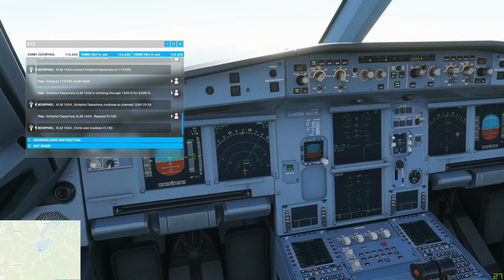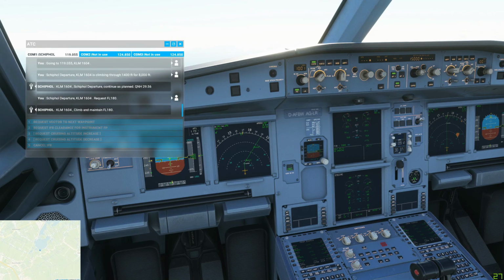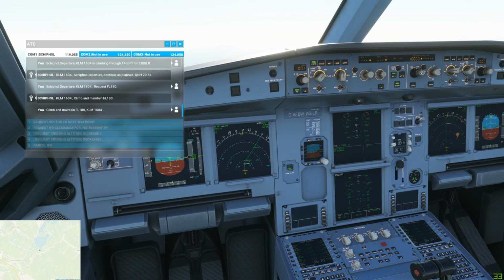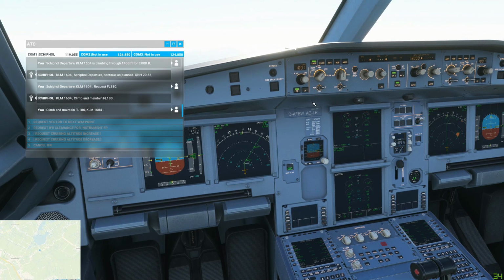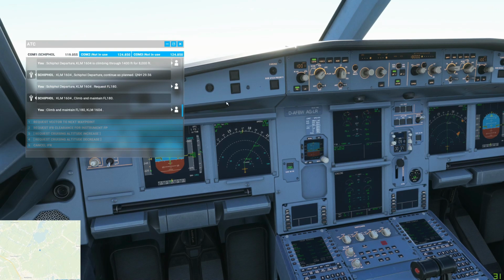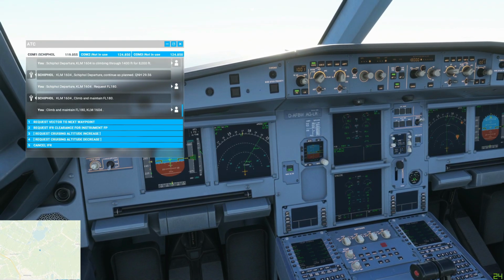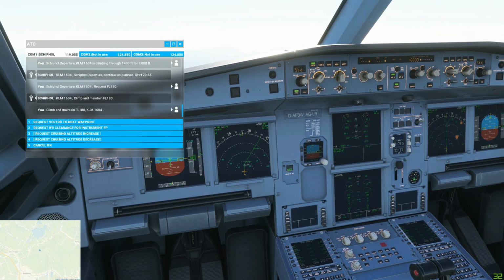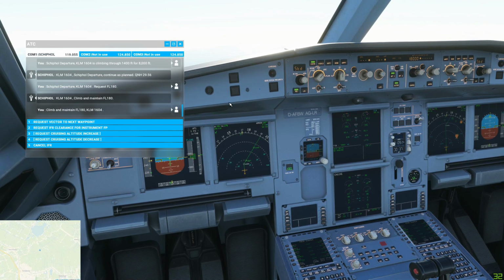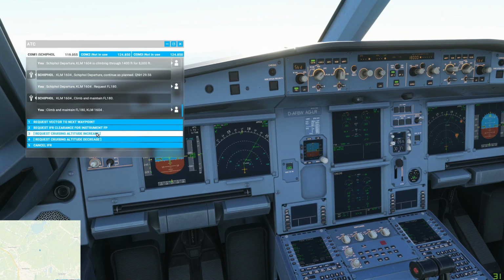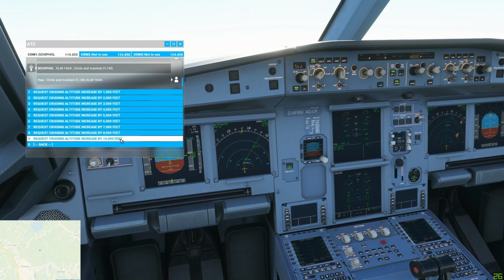Okay. That is something. Let's just do that first. There we go. So now I think we passed the transition altitude for Europe, so we can go back to standard altimeter, and we can increase this another